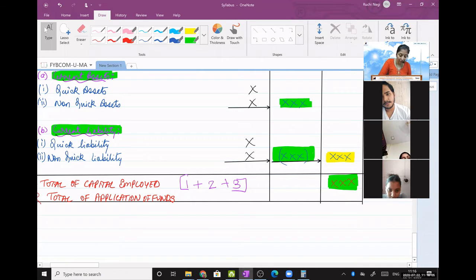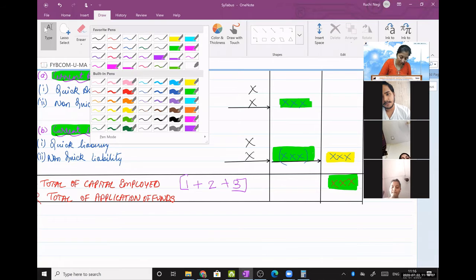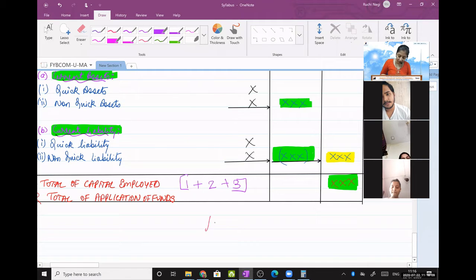Yesterday I had told you one formula, if you remember, which one? Assets equal to liabilities. Correct? This equation you have done from FYJC. FYJC you must have learned this. So this is nothing but